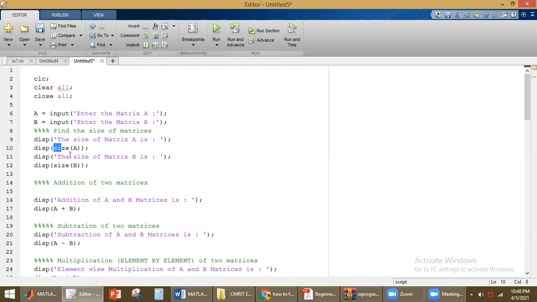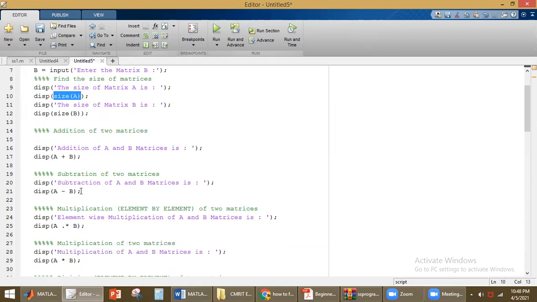If you don't use single quotes, then it will display the value. So whatever value you get by size of A will be displayed by using the disp command. The disp command is used for two purposes, either to display the text or to display the values of a particular variable or particular operation.